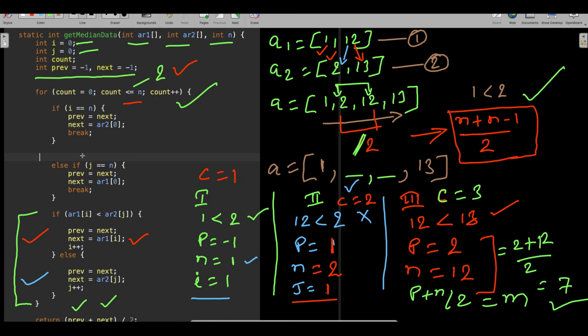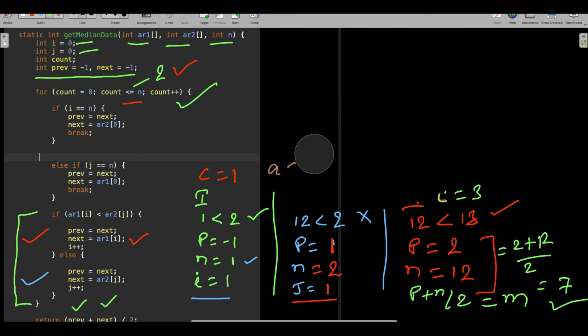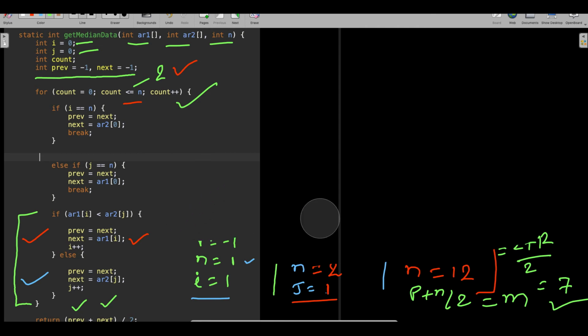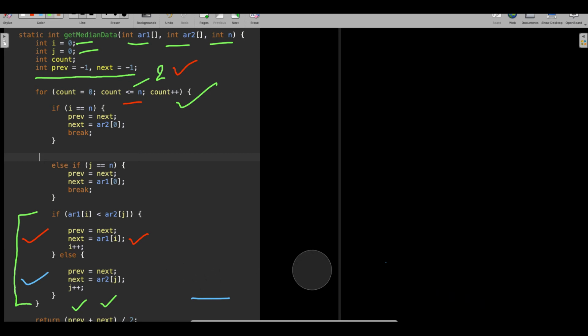Let's say you have an array, and in the array your first element is always smaller than the second element. So assume that, let me just erase this. Okay, fine. Now I'll explain how that will help you.